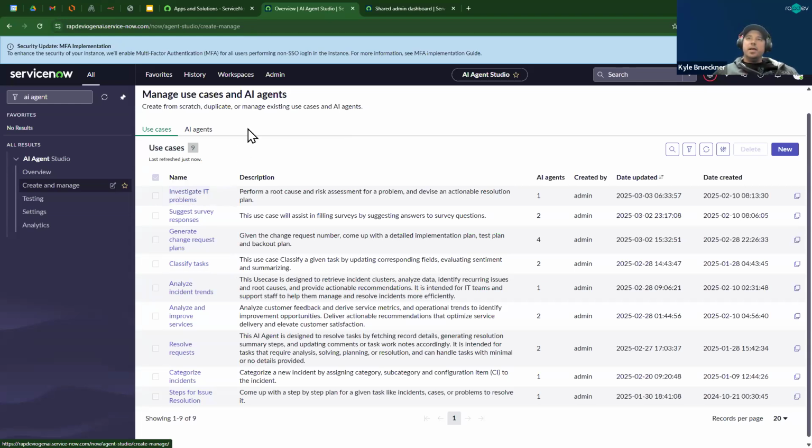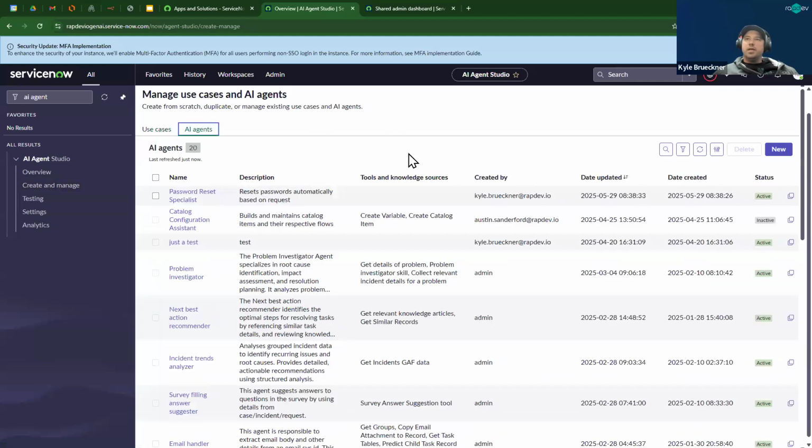And then your AI agents, and we'll drill into an AI agent here. The AI agents are designed to fulfill a very specific task. So something that's isolated and focused, and you could have any number of agents working within a particular use case. And that's one of the important design patterns that we've noticed, is that any LLM, AI agents included, which is really just a chain of requests and responses to and from an LLM,